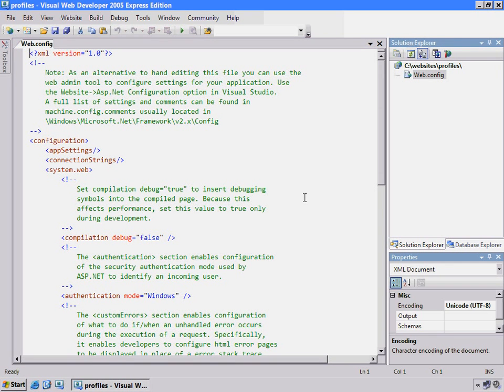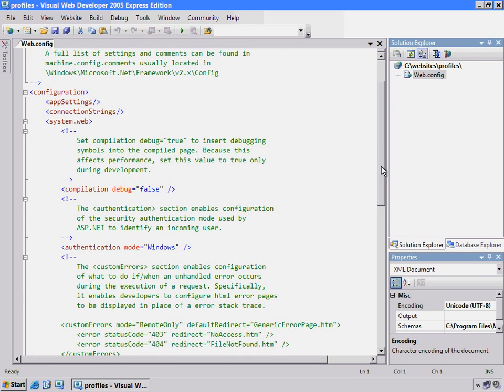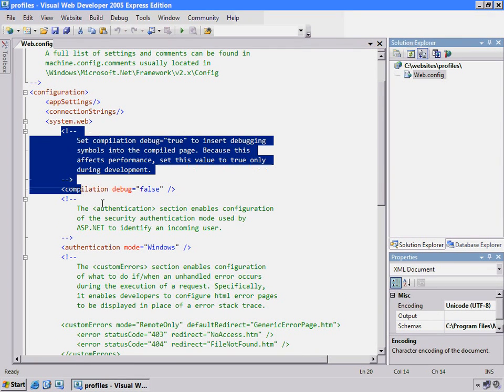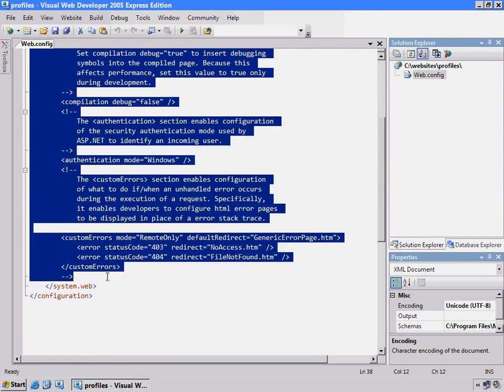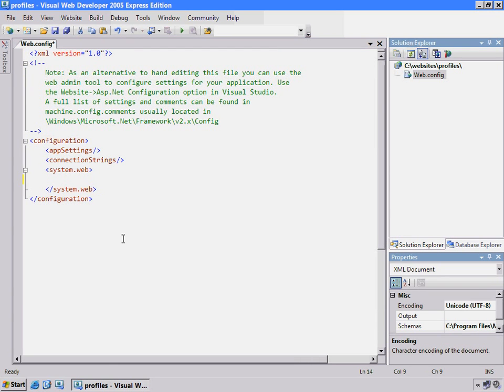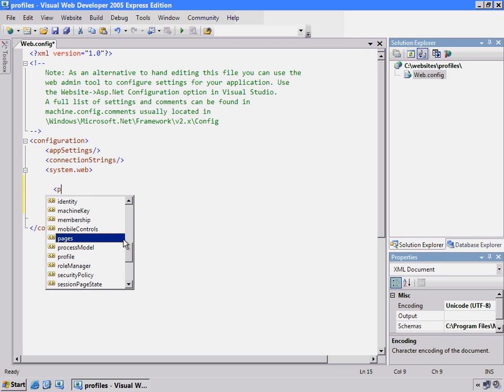Now remember, the profile is a bundle of information like the user's full name, their favorite color, or some kind of preferences for the site. Here you define what the profile looks like, and it's stored in a database, which I'll demonstrate in a minute. So let me start with an empty configuration or web config file. If you haven't seen IntelliSense before in the web config, this is a new feature in Visual Web Developer 2005. I need to add a section in here called profile,